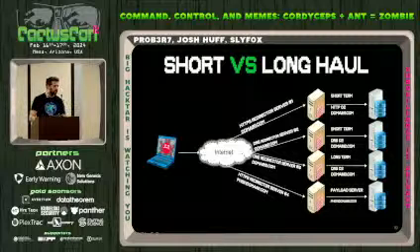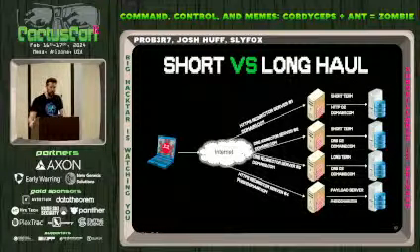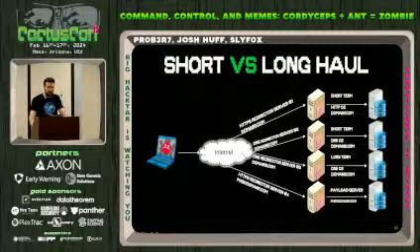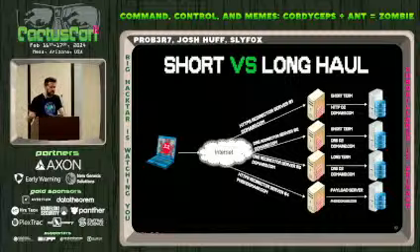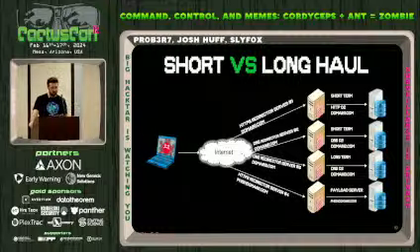So we have what's called short haul and long haul communications channels. The short haul is where most of your traffic's going to be. It's where you're telling it what to do and it's giving you data back. Because of this, it's a little bit more high risk of detection, so you may get blocked there.